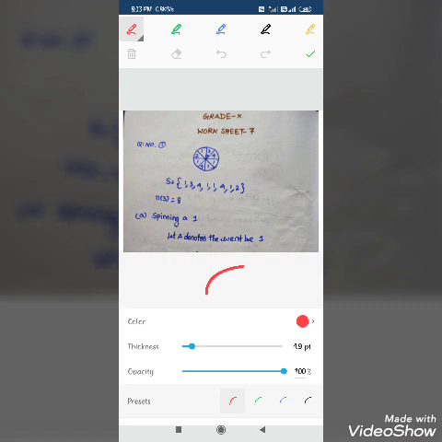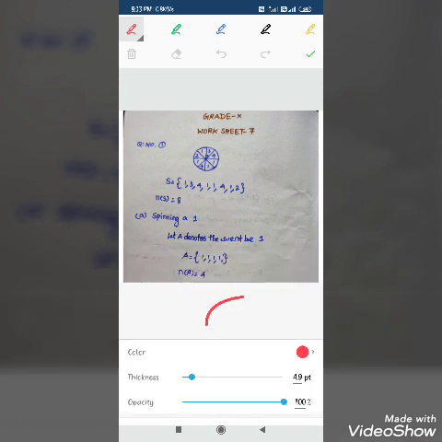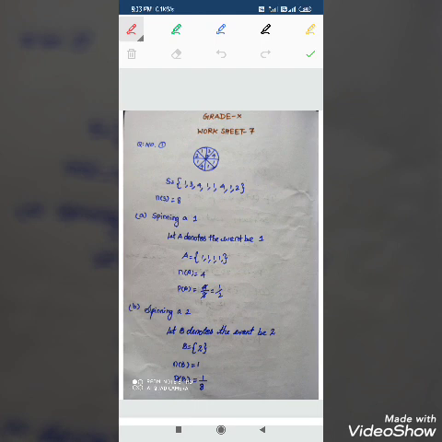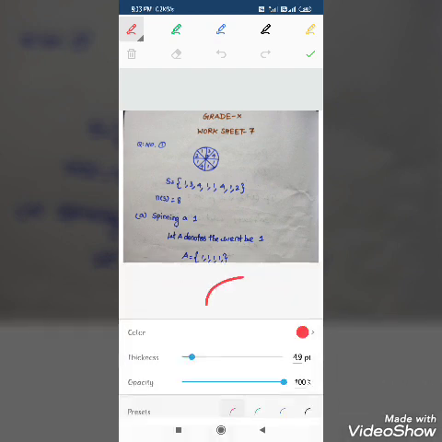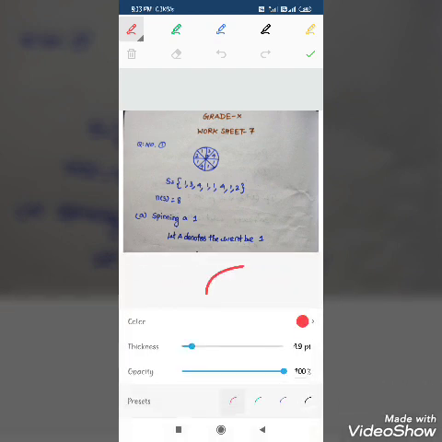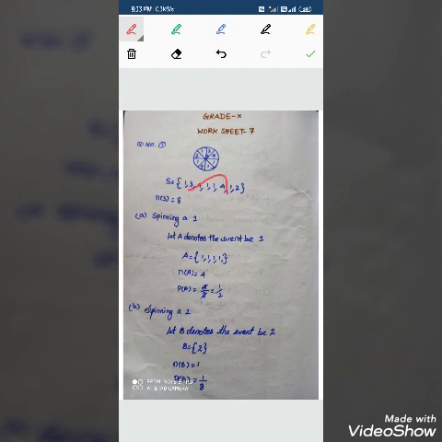After that, we move on to the corrections. There is nothing to wait for. Directly you use your finger, just take it and put the mark, everything. It's the easiest way to correct the paper. After finishing everything, the paper correction is very easy. So like that you have to correct it.